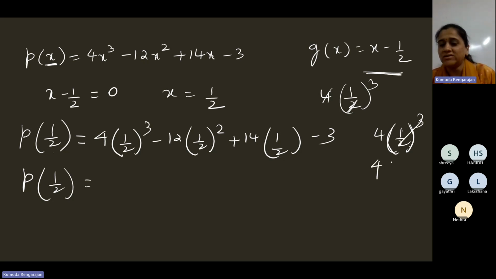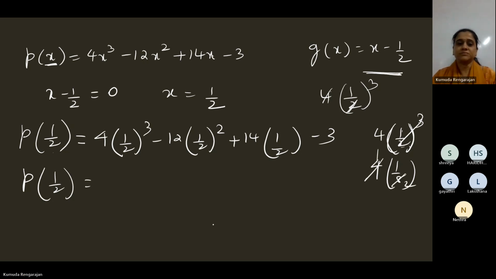Simplify this. So what does that give you? 1 by 2 the whole cube is 1 by 8. Now it's free. The power 3 is gone now. Now you can cancel 4 ones are 4 twos. So you should not cancel 2 and 4 before that, you cannot cancel. Okay, so it's 4 into 1 by 8 minus,